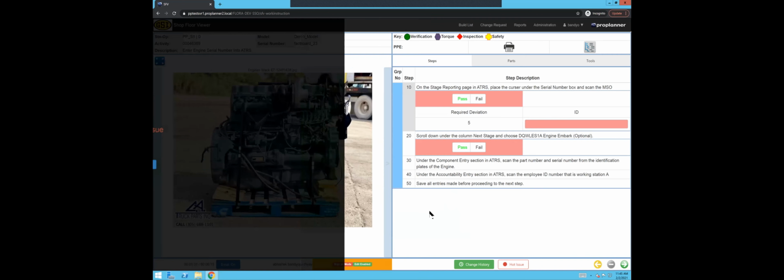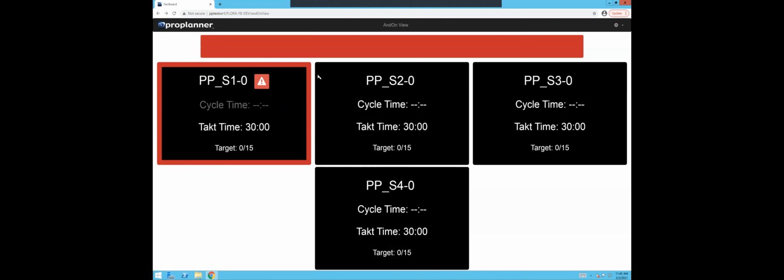So I do this. As soon as I do it, it says there's an active hot issue going on at your station. It prevents me from working further because I filed a critical issue. And by doing that, if you see right as I do that, my Factboard also changes. We now have a big red bar in my view. It's showing me exactly which operator on the line is facing the issue. It puts a blinking cycle time on it